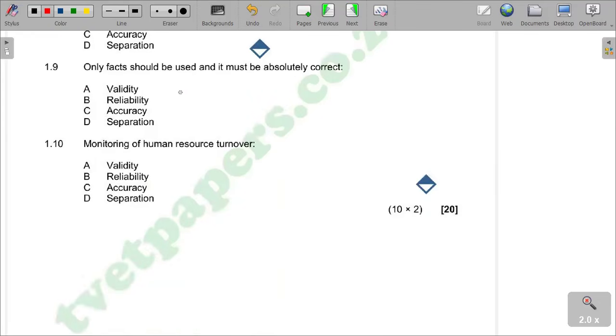Okay, let's move on to 1.9. Only facts should be used, and it must be absolutely correct. That's what you call accuracy. Facts should be used so that you can be able to obtain correct information. That's what you call accuracy. 1.10,